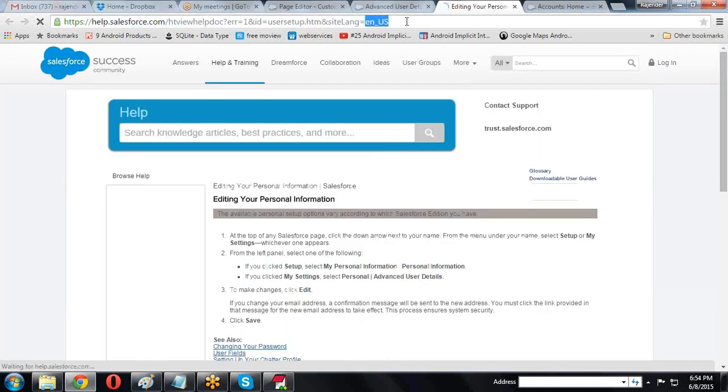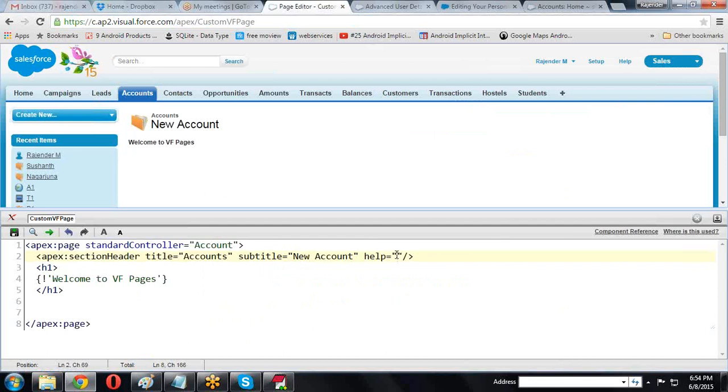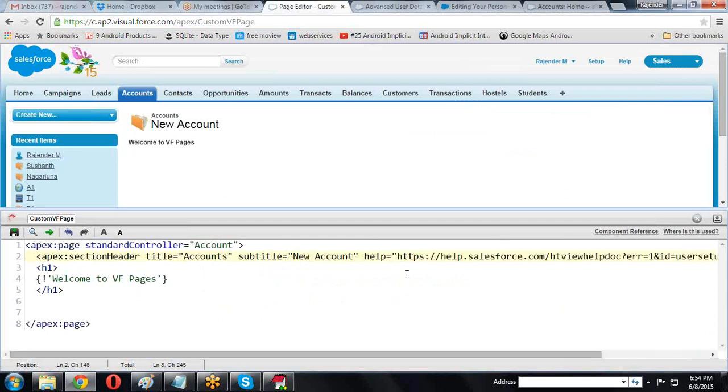This is a URL I'm copying. For this help I'm using help. So here by default it is displaying help for this page.